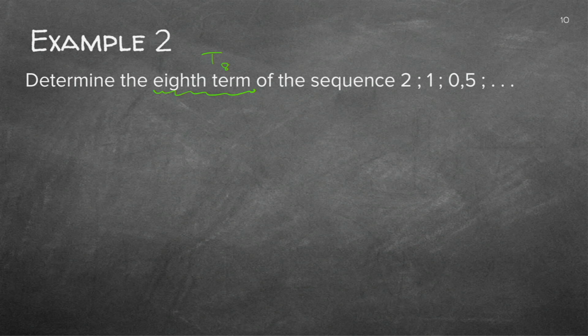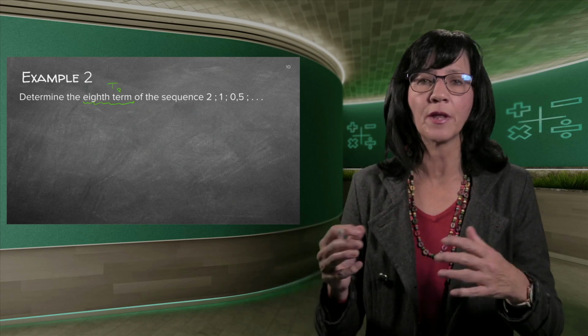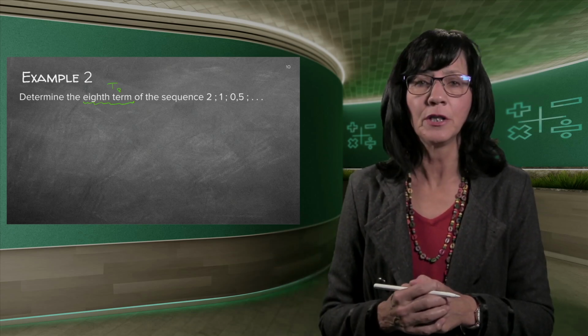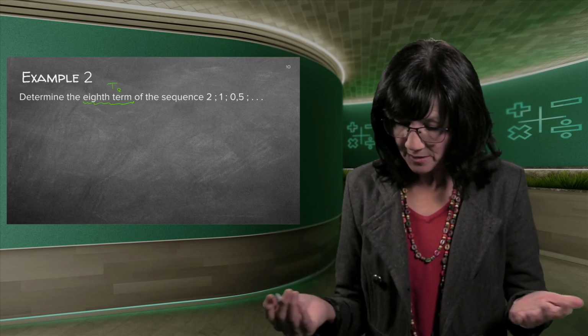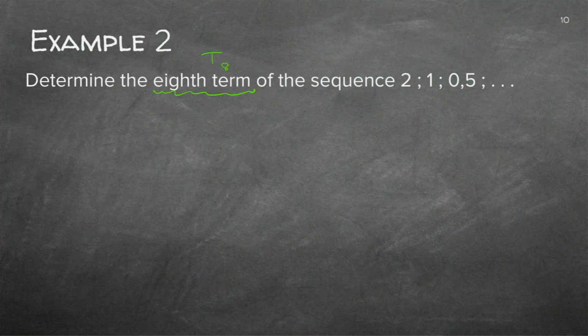It doesn't matter, arithmetic, geometric, quadratic. Those are the 3 sequences you need to know by the end of matric. You need to find the A and the D or the A and the R or whatever you need for your formula. They didn't tell me what type of a sequence it is, so I need to test first. So I'm going to test the R first. If I do R, I'll say right-hand side divided by left-hand side. If I do the other R, it will be 0.5 over 1, which is also a half over 1. So my R is definitely a half, and my A is 2.